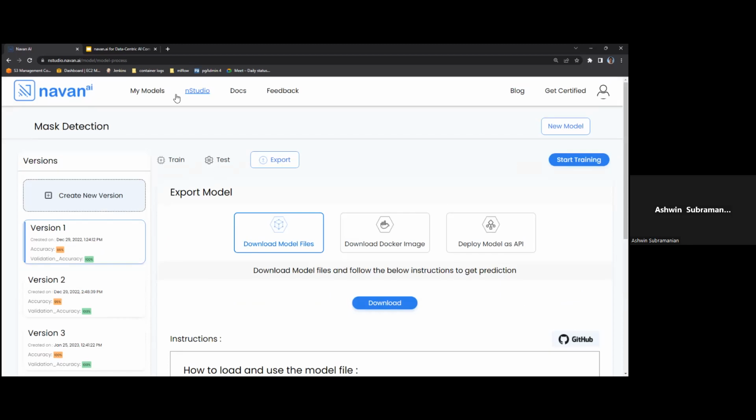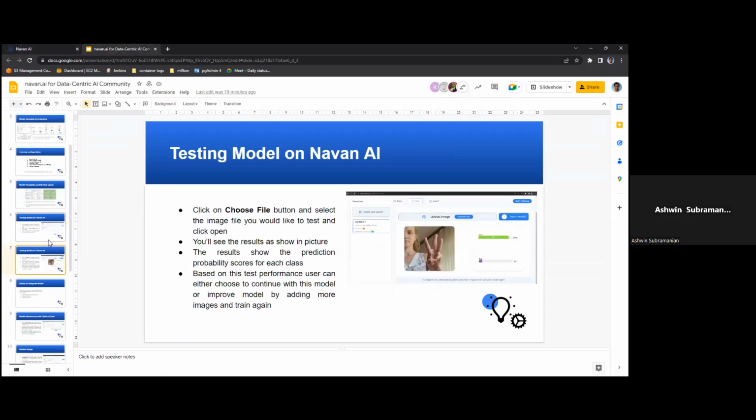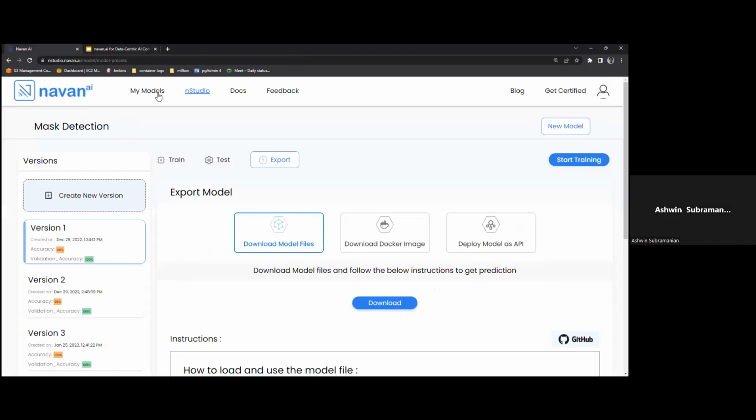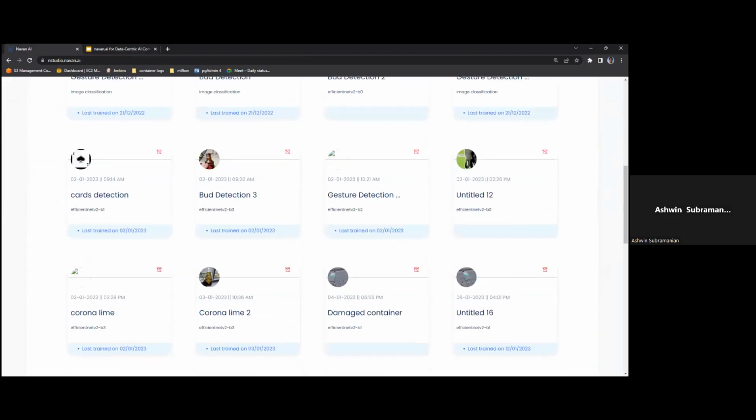So yeah, once again. Before that, maybe I can show some other models also, which have